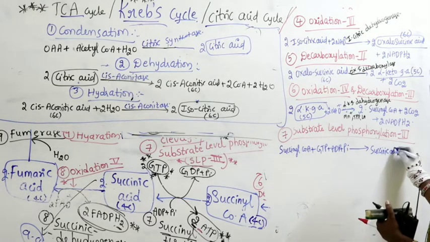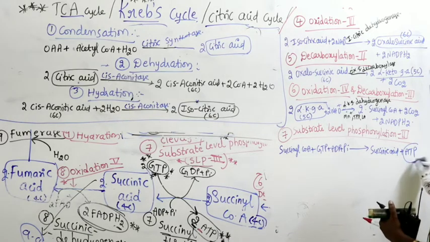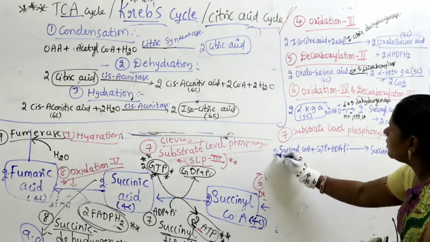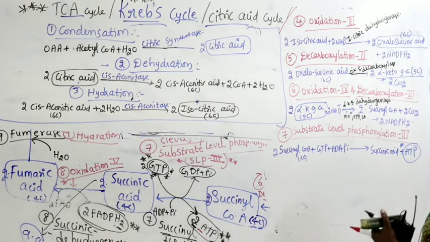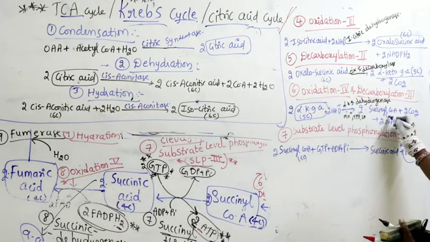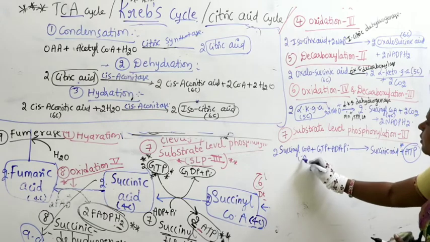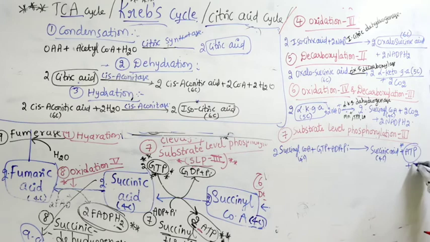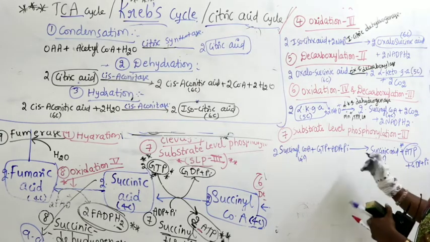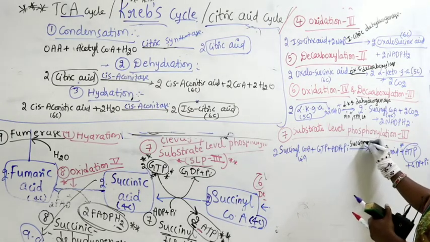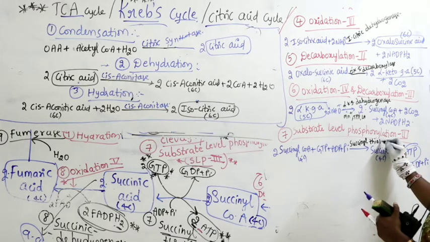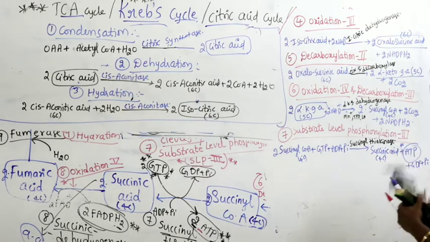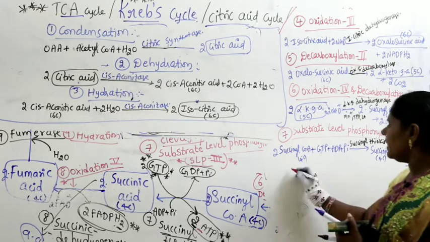As a result, ATP is generated, very important, 2 molecules. So here this is a 5 carbon compound, right. So this will become a 4 carbon compound here. So this is a 4 carbon compound and this is also a 4 carbon compound. ATP is generated along with GDP and this one. So what is the name of the enzyme? Succinyl thiokinase.